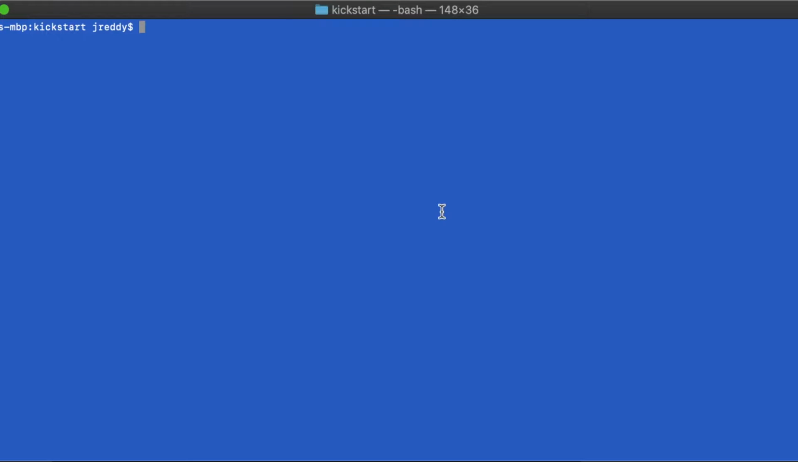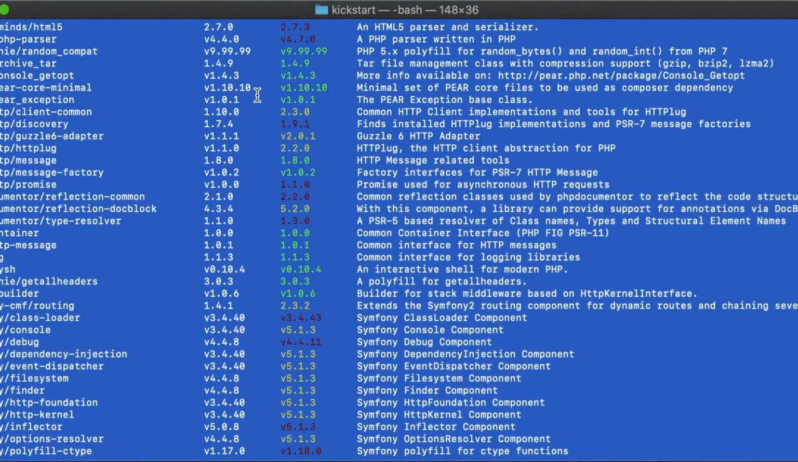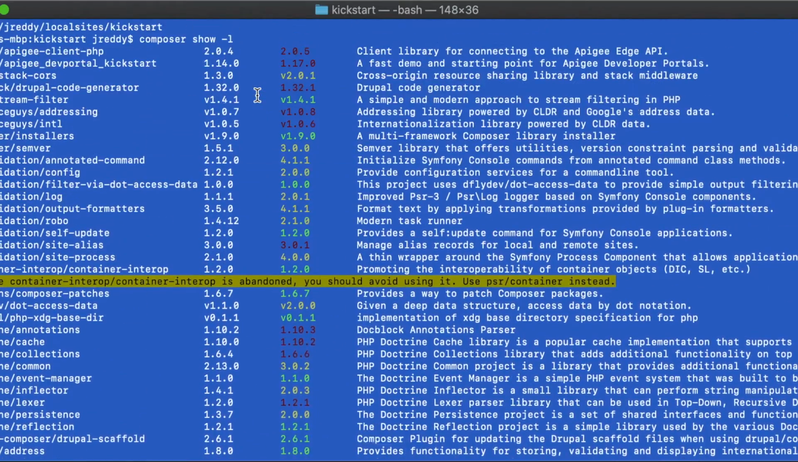Okay, here we'll try and do an attempt to upgrade Apigee Kickstart. Right now I'm just doing a PWD here. As you see, I'm running this on my MacBook, and I'm just gonna do a composer show, which shows me all the outdated packages that are already associated with this install. And from here on forth we can see what are all the packages that are installed